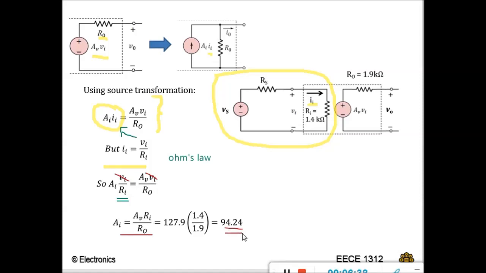So you managed to get the value of the current gain by simply using source transformation. Just to make you realize that it's just using Ohm's law. Whatever it is, it started by using a simple rule called Ohm's law. Alright, so that's the end of chapter 1.